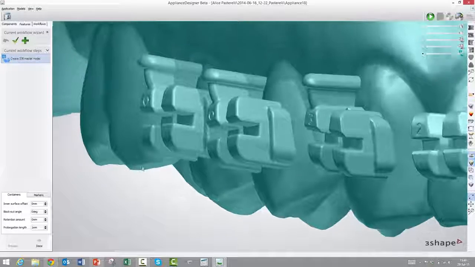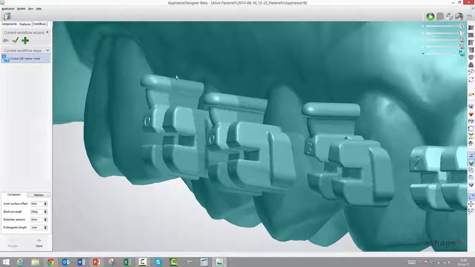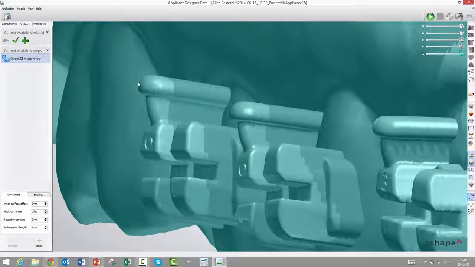Retention amount is actually a pretty cool feature. If you remember how the original hook looked, there was a ball and a small pin going in here. If we add a retention amount, then it will reintroduce a little of the cavity that has now been filled out by this material. And why would you want to do that? When you vacuum press your tray on top of this, and you have a little retention, then you will get this clicking effect when you click the bracket into the finished transfer.